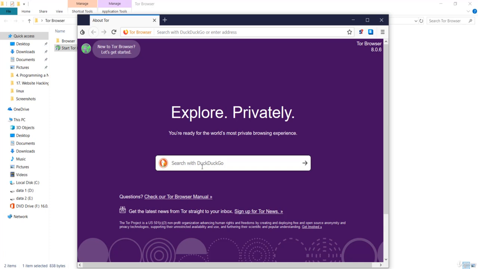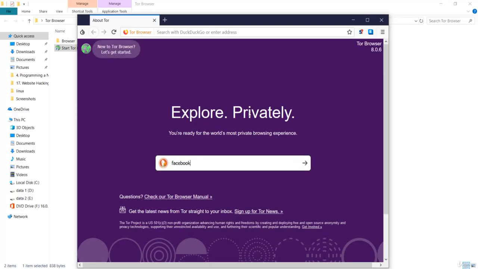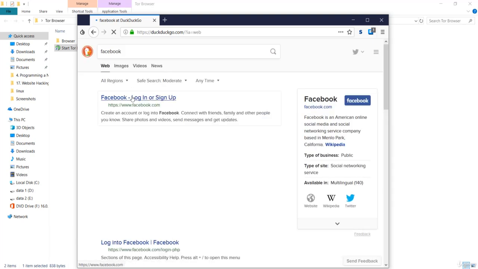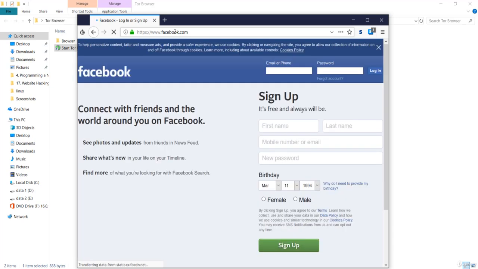You just need to remember that any website that is visible on the normal web is also available in this Tor browser. So if you go to our normal Firefox and search for Facebook, it is also available in the case of Tor. That means if I search for facebook.com, you will see that it loads facebook.com over here.